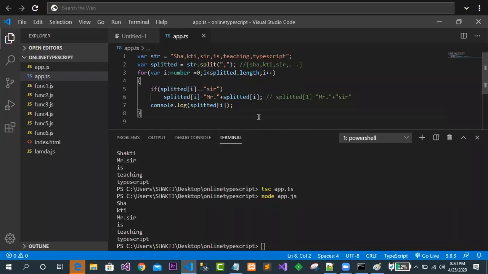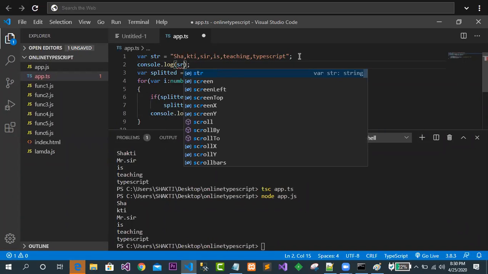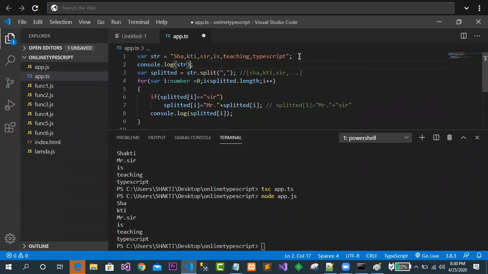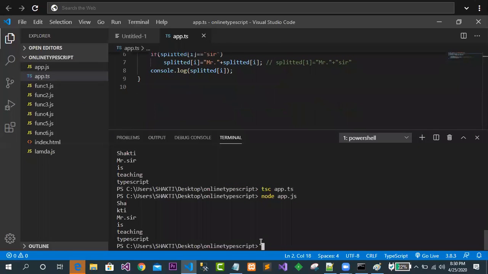Ready? Without split, if you want to see, suppose I have simply written console.log with str. Suppose I am printing this str now. What will I get here?